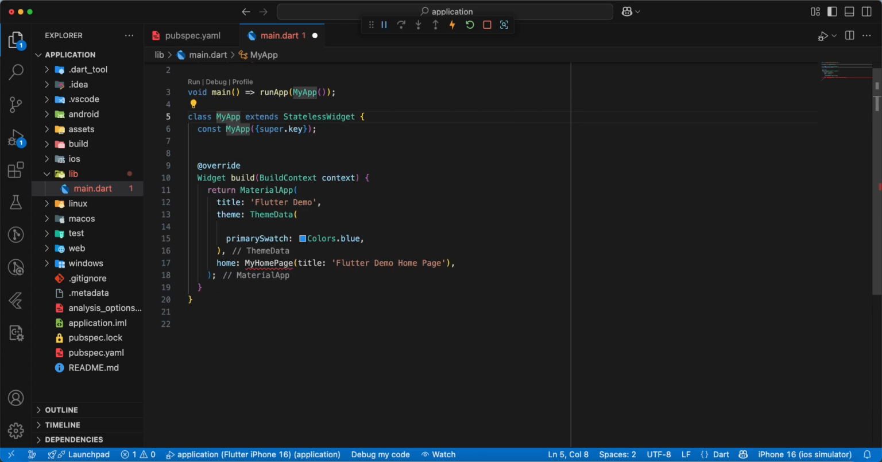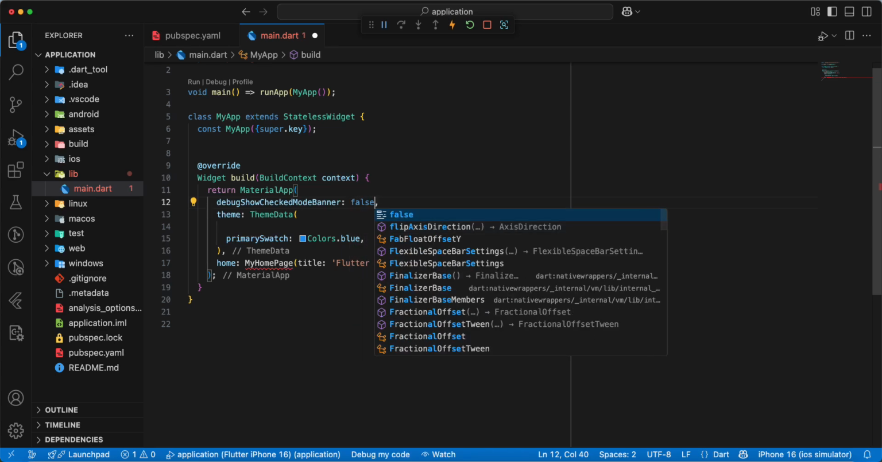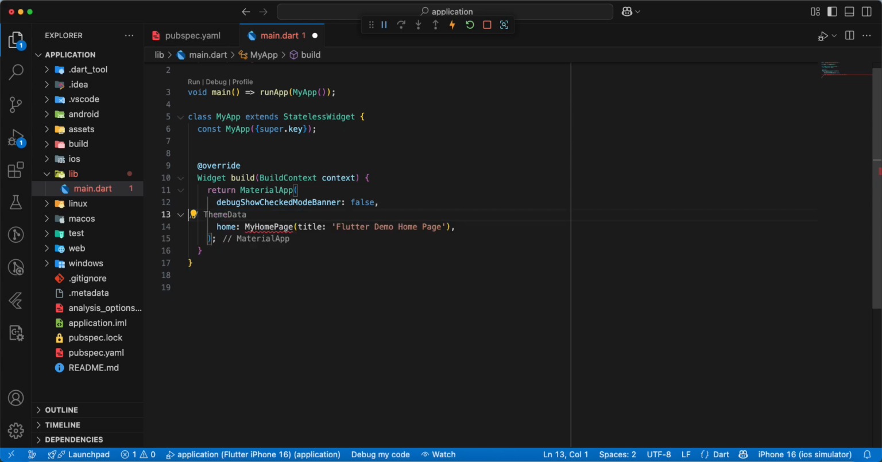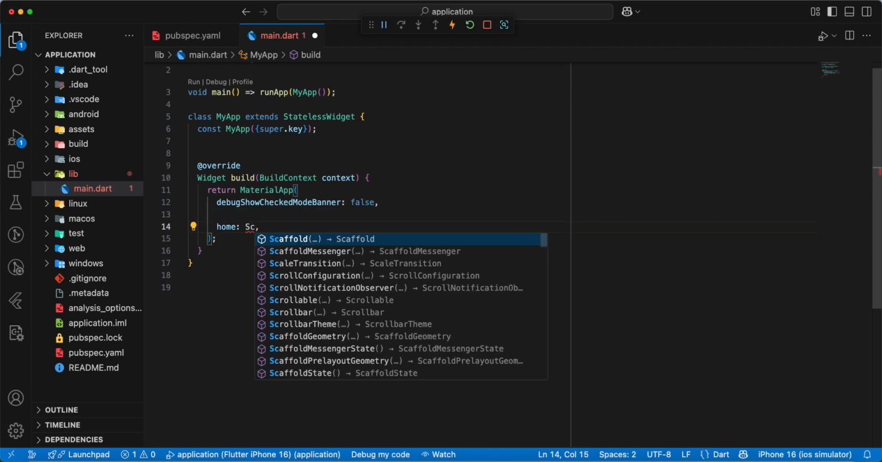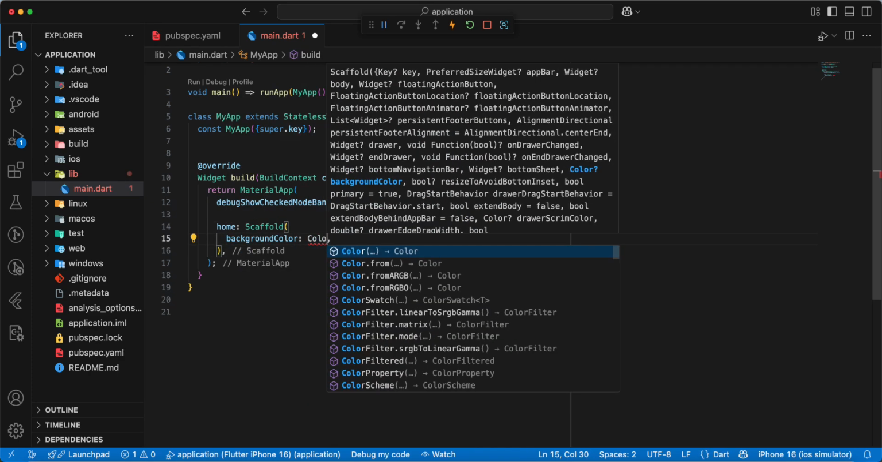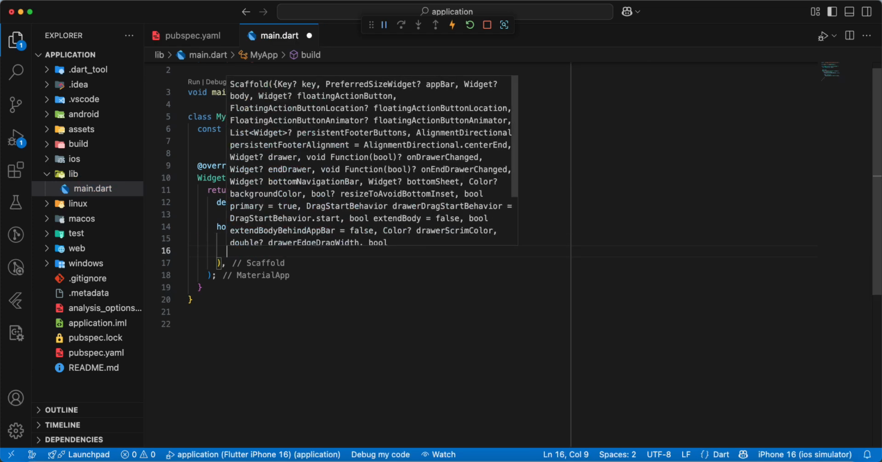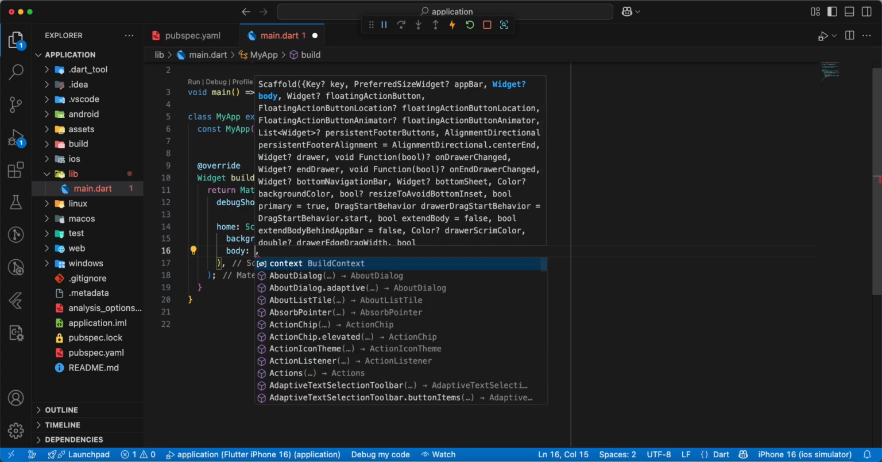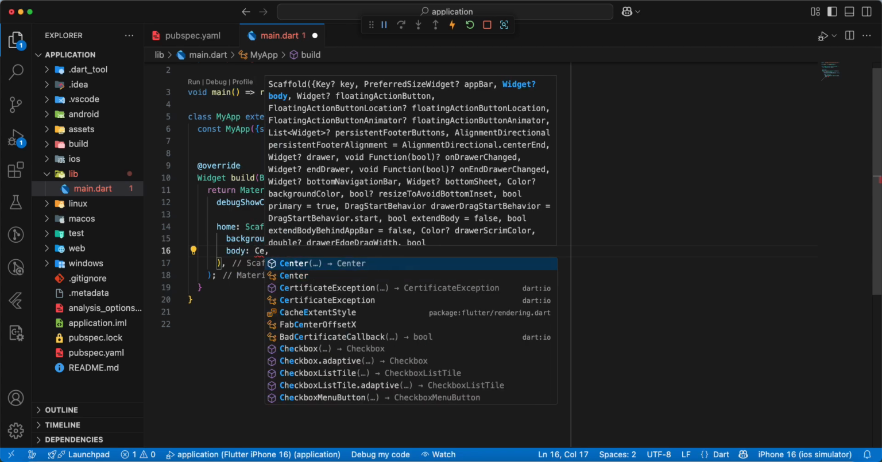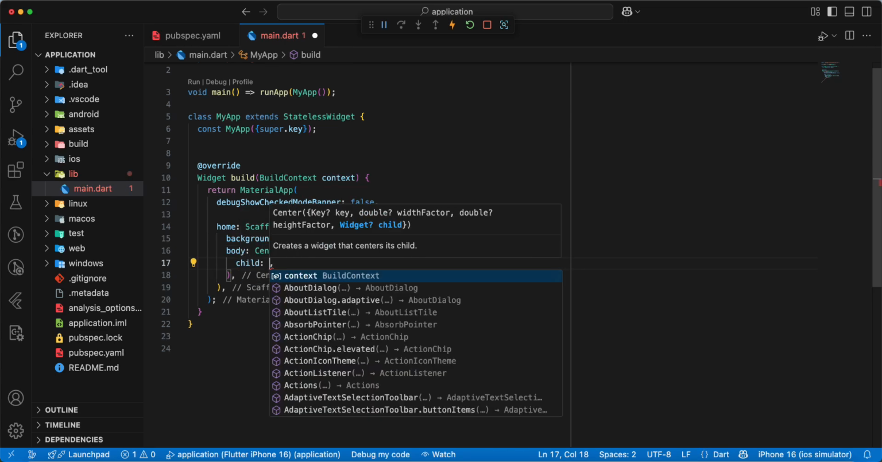Add constructor, then we add the parameter debugShowCheckedModeBanner: false, then we remove them and we add the widget Scaffold, add background color, write Colors.black, then we add parameter body, add widget Center, child, add widget Text Scramble,